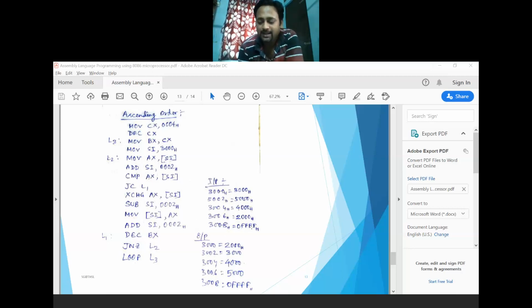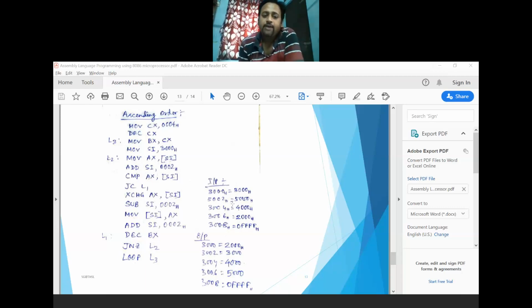If the MSB bit is one, for a letter alphabet, then you have to specify a prefix, a 0, before this alphabet so that it can be represented. It's 16-bit data for the microprocessor in the instruction also. So 3000, 5000, 4000, 2000 and this one are stored in these consecutive memory locations.